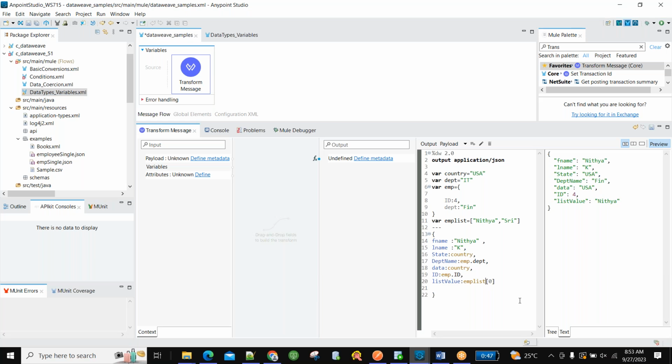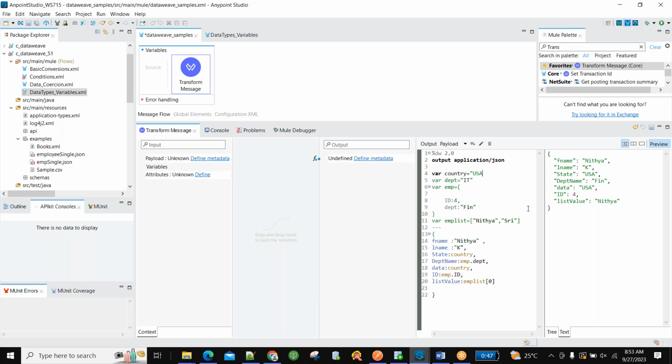You may have a doubt about in what real-time scenarios we will use these variables. From the front end we will be getting the payload. In the payload, a few elements we feel should be reused in the transform message. Those values we will store in the form of variables and access them further down.